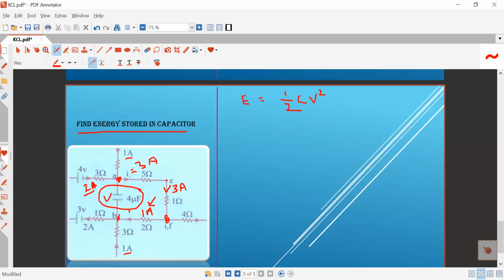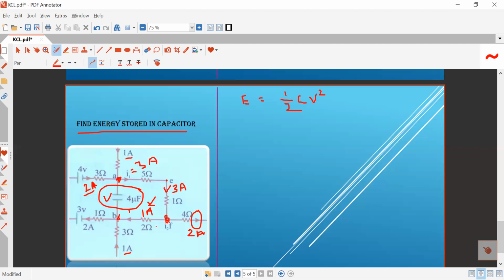And at node F, 3 ampere is incoming current, and 1 ampere is outgoing current. And that is the current which is flowing from point F to point B. So what will be the value of this current? 3 ampere is here and 1 ampere is here. So obviously this current will be 2 ampere, because incoming current will be equal to the outgoing current. So in this way, you can determine the current in the various branches of the electric circuit.